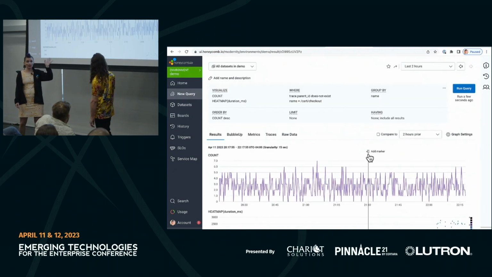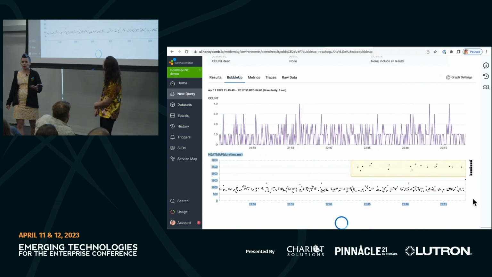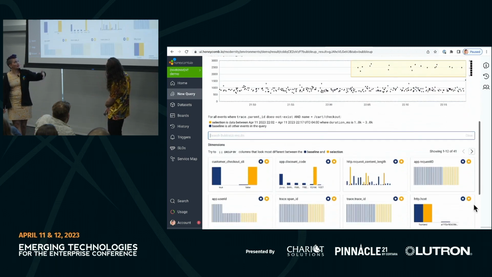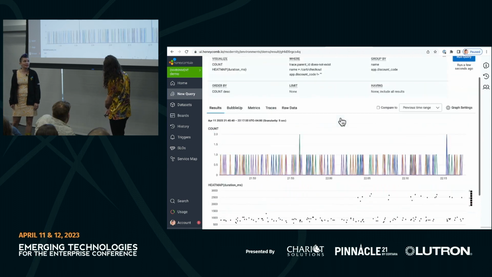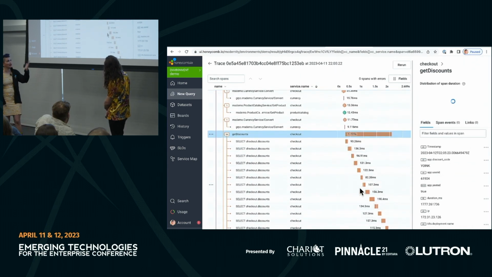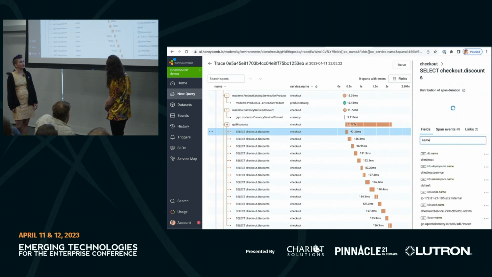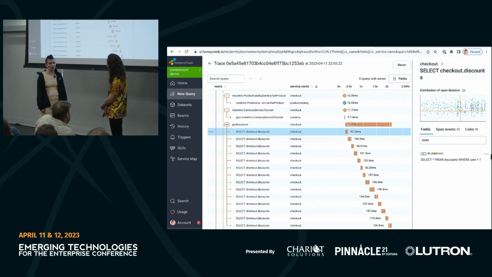So this is Honeycomb. And in Honeycomb, I can go and look at what's happening in production. In this case, I'm like, why are those so slow? What's different about the slow ones? And then I'm like, okay, let's look at that field. Now let's run a different query. Now let's look at a trace and see what's so slow. And let's look at its field and what's the database statement that it's running over and over and over again. Now, okay, I did speed this up by 3x because I didn't want to take forever.